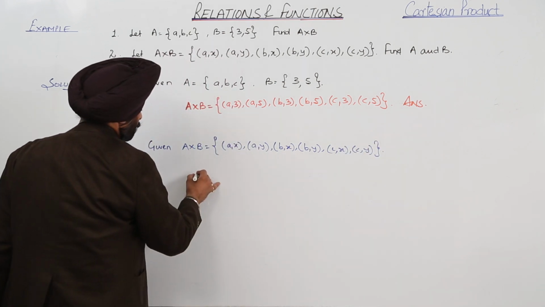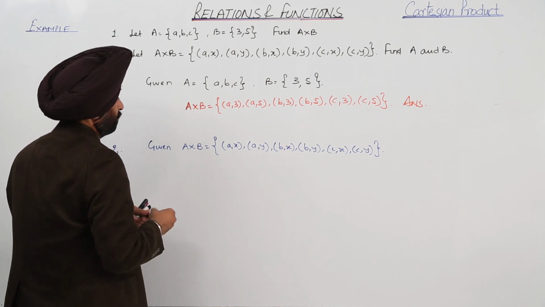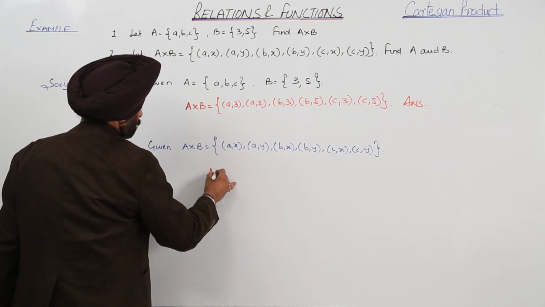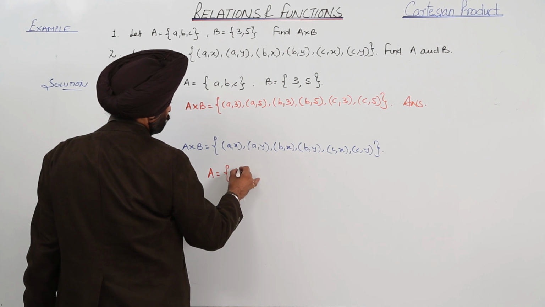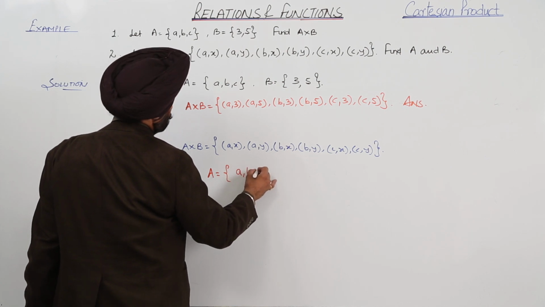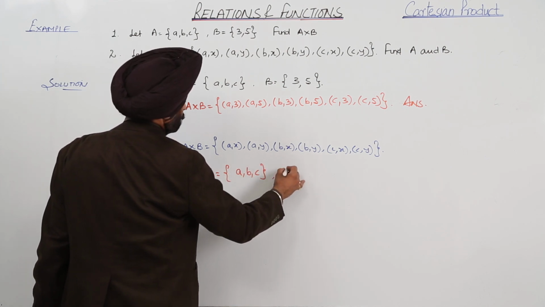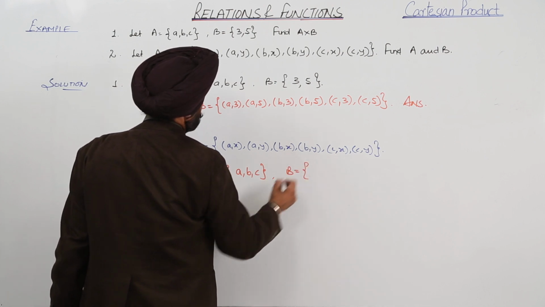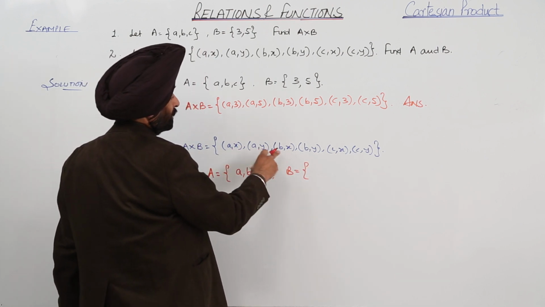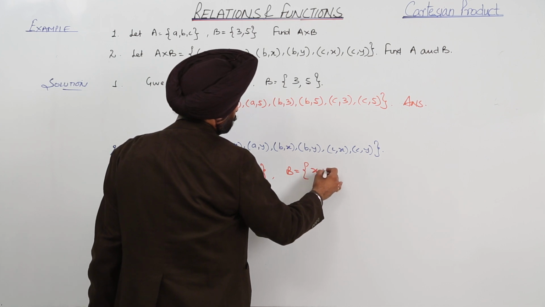Now what A will be? Now A is equal to A, B and C, and B is equal to, now what is repeated? X and Y in all the three cases. B is X and